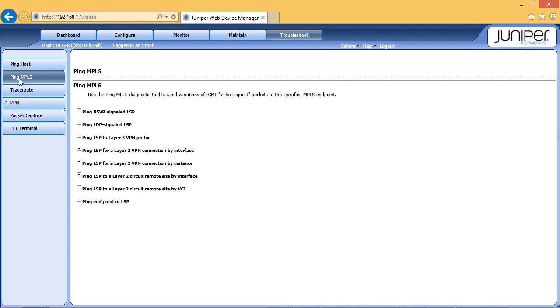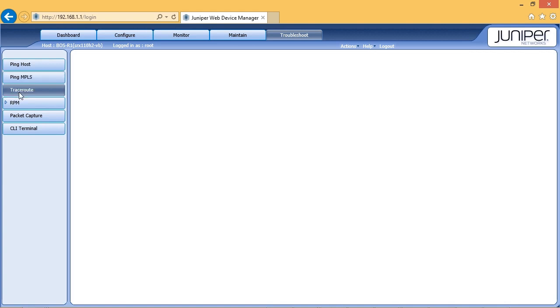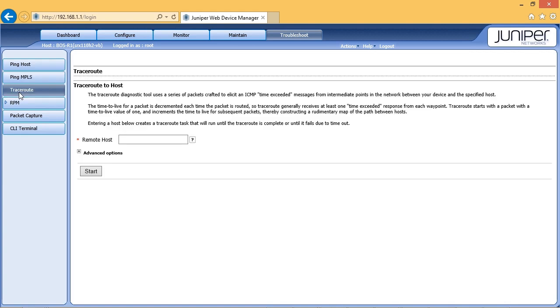Now, along with being able to ping devices, we also have a trace route feature, which is great for troubleshooting pathways to different networks. So, very similar to the Ping Host feature, you can go to the trace route option and then plug in the IP address of the remote system that you want to do a trace route to. And what happens is you'll get a response with every router that this trace route packet passes through. So this is, again, a great way for you to verify the pathway that a packet takes to reach a destination,